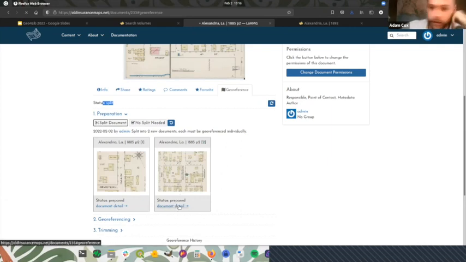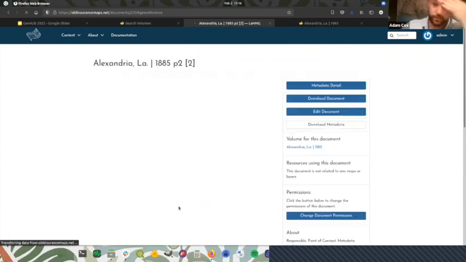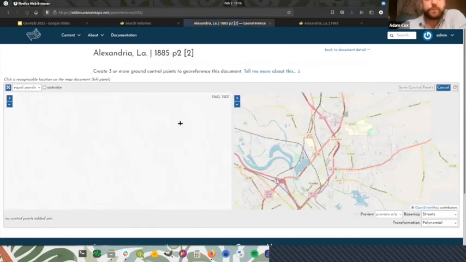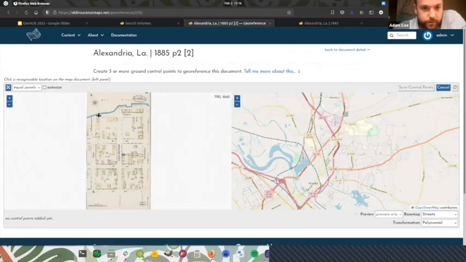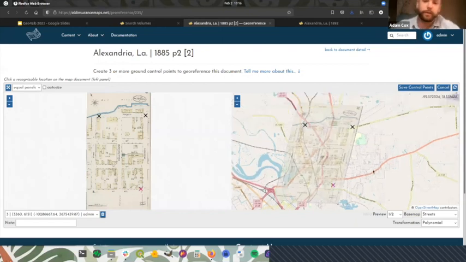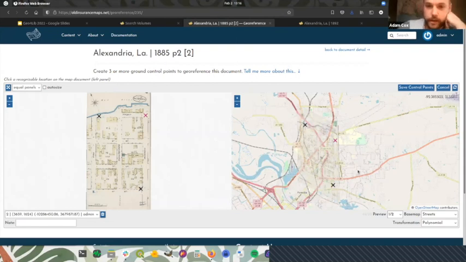I'll just go to one of them and get into the georeferencing interface to show you. This looks like most georeferencing interfaces, I suppose. You create control points. Not doing a very good job right now, but a live preview will pop up, and then you can adjust as needed. Whenever you save, there's a list here of control points. When you save these, the process runs in the background, turning this document into a layer. I won't run that right now, but